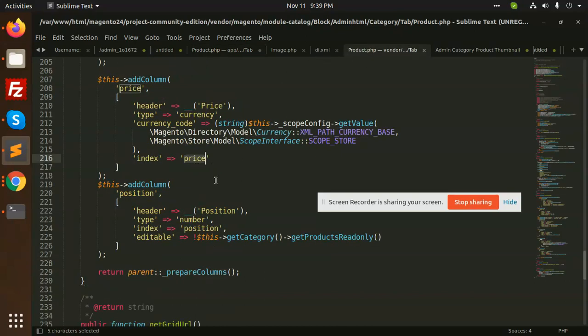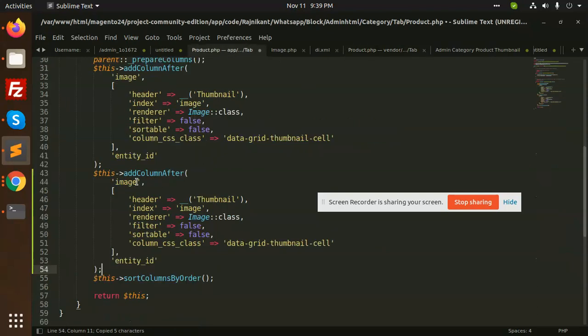I'm adding it with the price. addColumnAfter image to thumbnail image. We can add the same, but it is image 2, index image 2, render this block. Okay, this one after price. So I'm adding it.